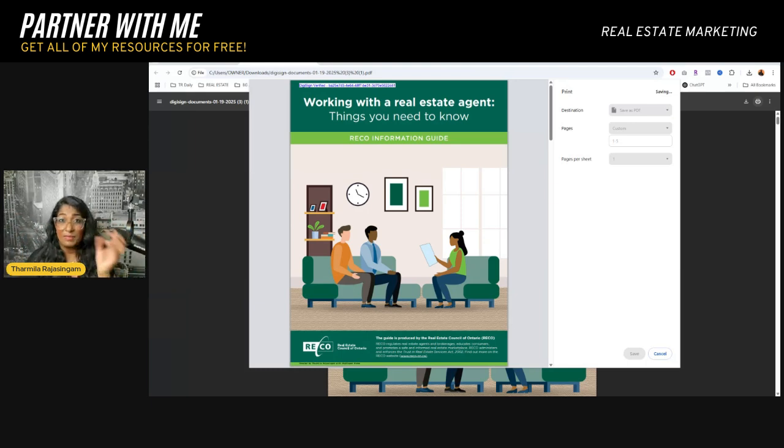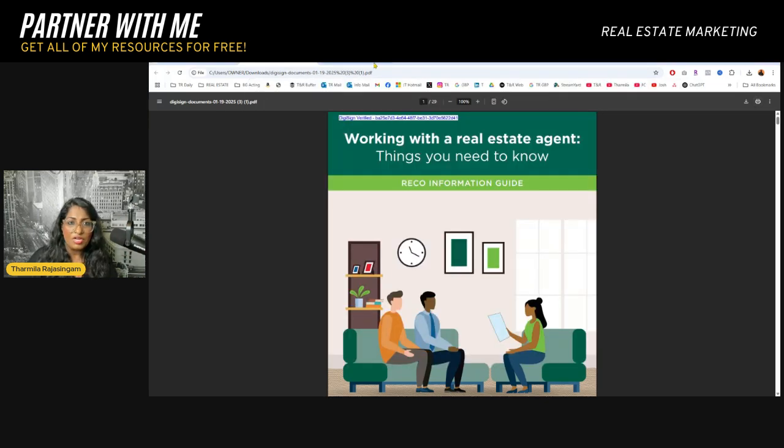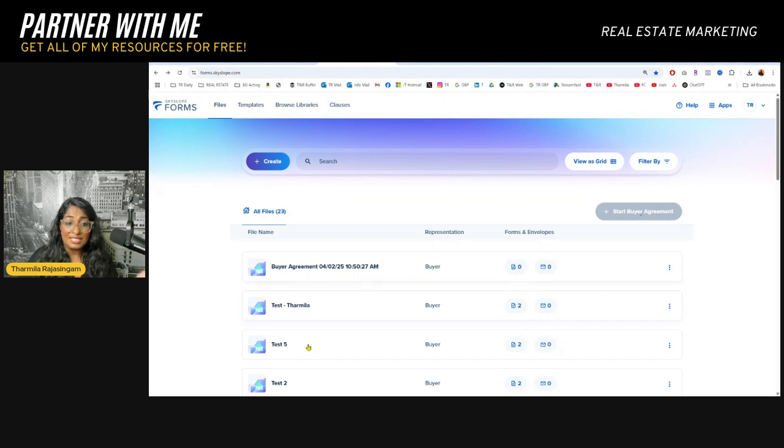You can drag and drop them into SkySlope. Super easy to do. That's one tip. Another one of the tips that I wanted to show you. And the other tip that I wanted to show you too is, as you can see, why labeling is